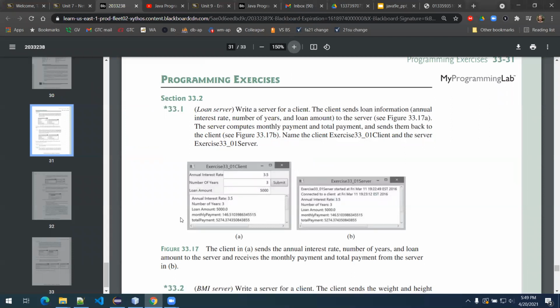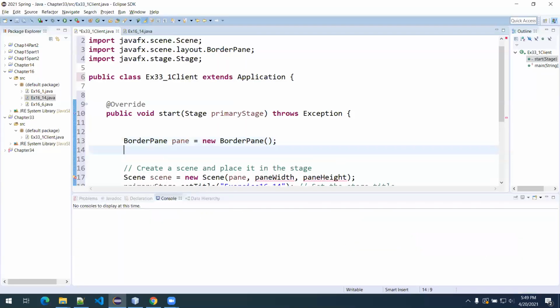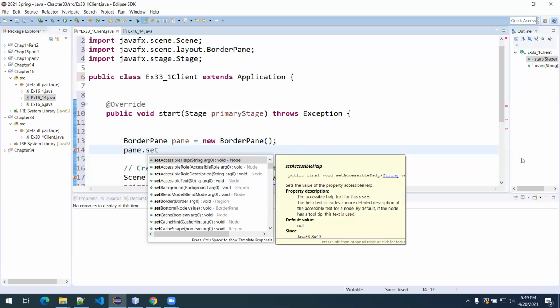Now, the way that I kind of look at this, I'm not going to need to use all areas of the border pane. I could probably just get away with using like the top and the bottom, or the top and the center is kind of what I'm thinking. And that's what I'm going to do. So I'm going to just use 2 areas of that border pane. So I may as well kind of predefine them right now. And so I'm going to say pane.setTop,